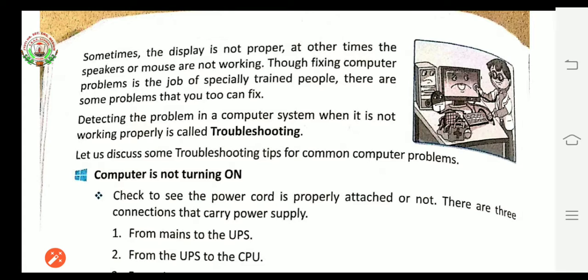Suppose you are doing some work on your computer and it is not working properly; finding out the problem behind it is called troubleshooting. Let's discuss some troubleshooting tips for common computer problems.